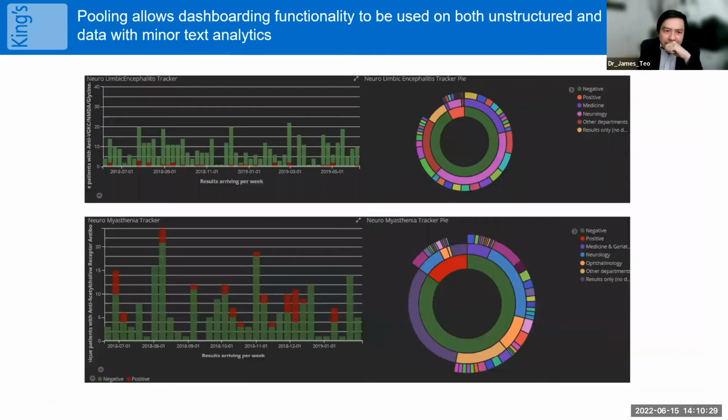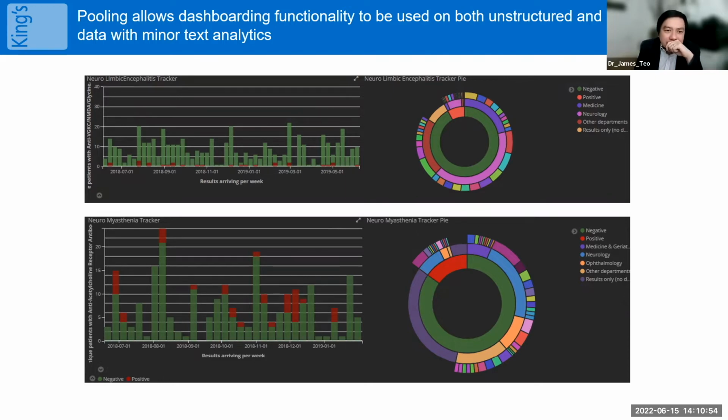We did dashboards, for example, for blood test results and things like that, which often appear in text. And being a neurologist, I was particularly interested in certain antibody-related tests for uncommon diseases, which were traditionally very hard to query because the results are often hidden away in the free text of a pathology report,